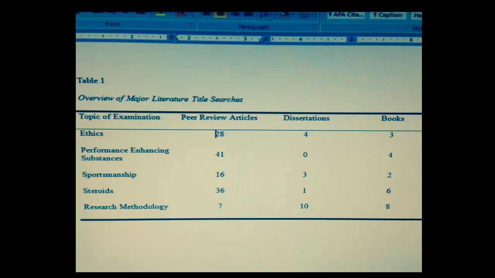Now you wonder perhaps why he has research methodology. Because he had to do a literature review on his research method and design to help him better understand how to do this dissertation. So I had him include all that information in here because it's important that you also understand that while he is a subject matter expert in his topic, he also was becoming a greater consumer of research by his research methodology. By him reading 10 dissertations and reading 8 books, he became a better researcher and understood his research method and design better. There's nothing wrong with that. That can be included, and I encourage you to do the same.